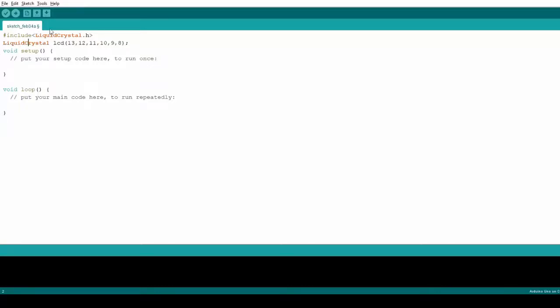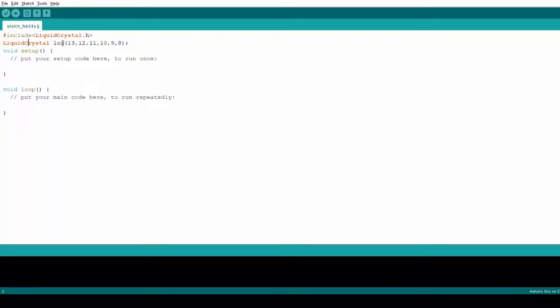So first we include the library file and also initialize the pins. We all know these pins are given from the Arduino to the LCD display. Here LiquidCrystal lcd has these 6 pins, 4-wire mode, 4-bit mode, given to the Arduino board.